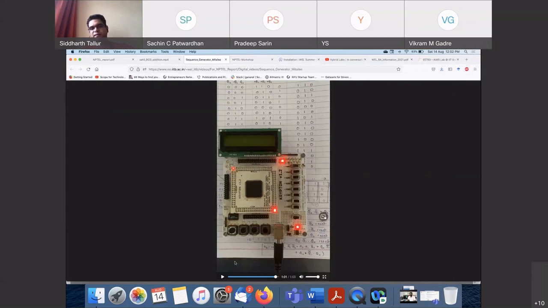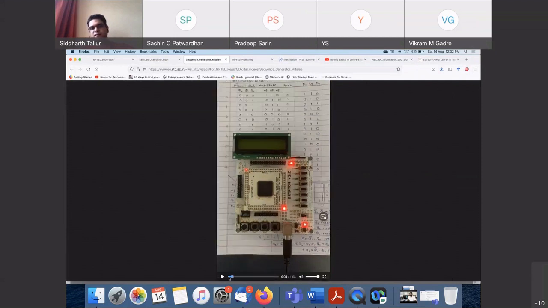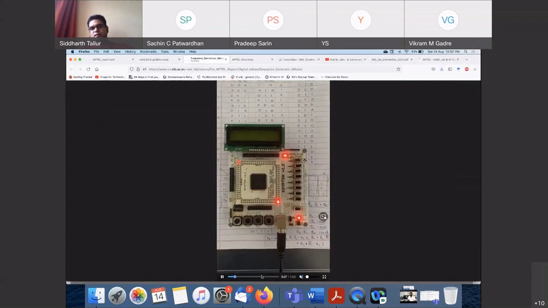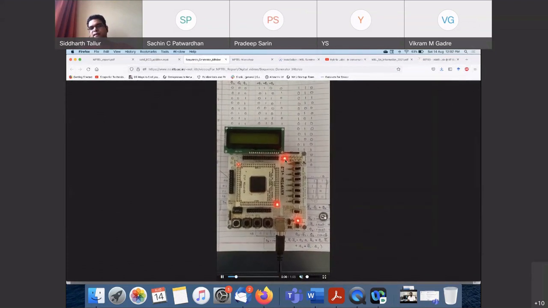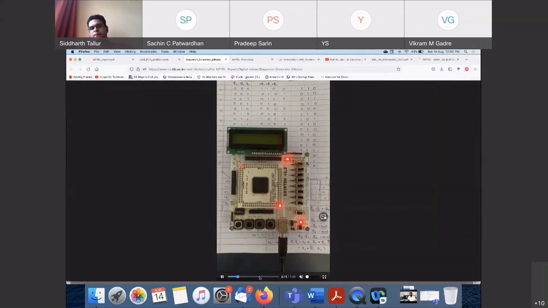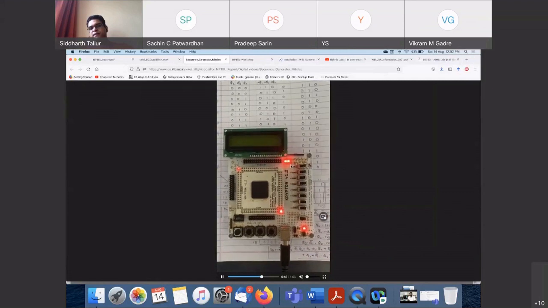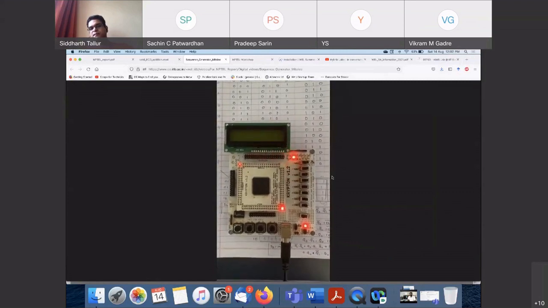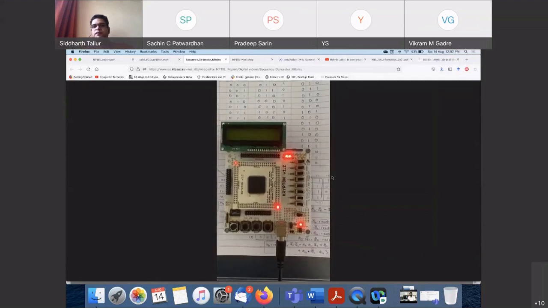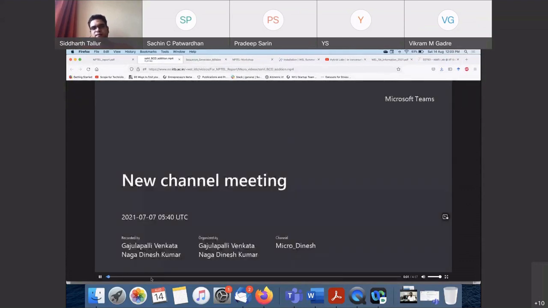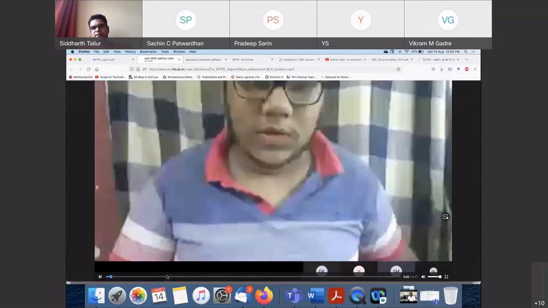So here is a demonstration that a student has done with this FPGA board. Turn off the audio, where they just have to light up these LEDs in a particular sequence. So I think they flip the switch, and then the LEDs light up in the sequence that we had told them they should light up in. So this was one exercise. This is one of the early exercises, a very simple exercise. This is from the microcontrollers lab, where